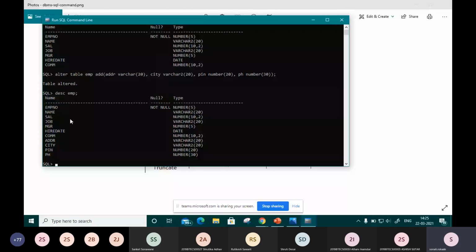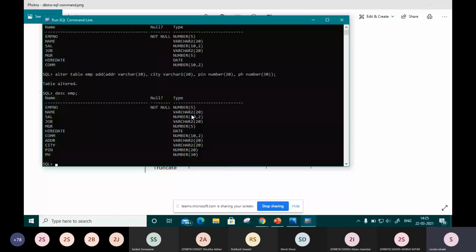Now suppose I want to modify the size given to an attribute. Some of the participants have bigger names. They can't store their full name because the size of the attribute is less. So I want to modify the size of that attribute. I will use the alter command, but with the modify property.